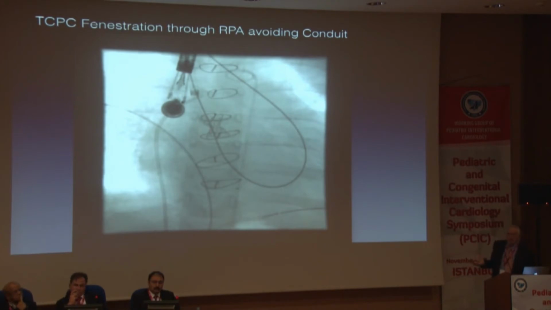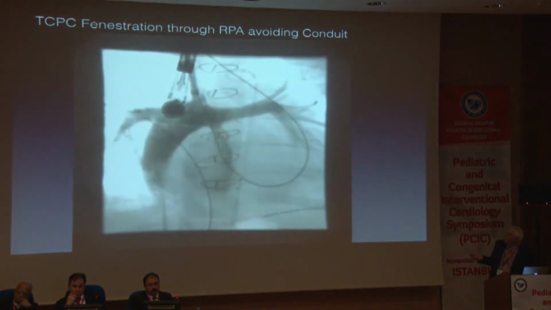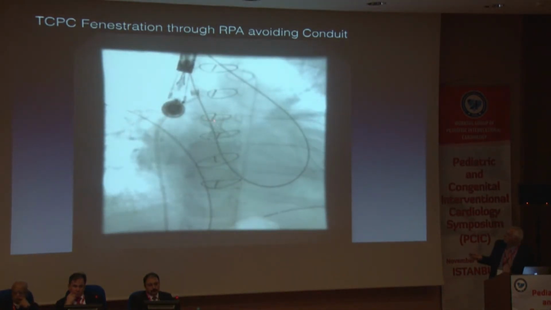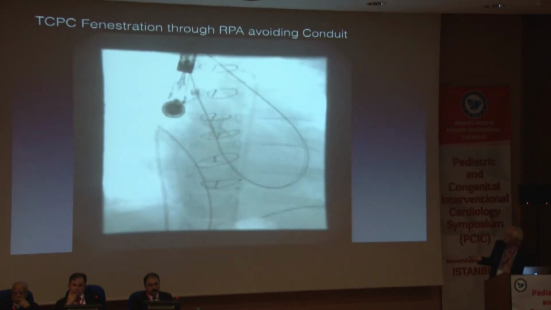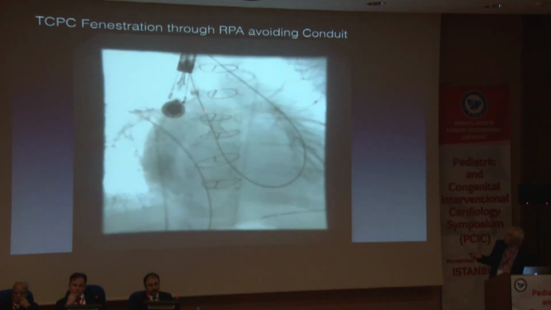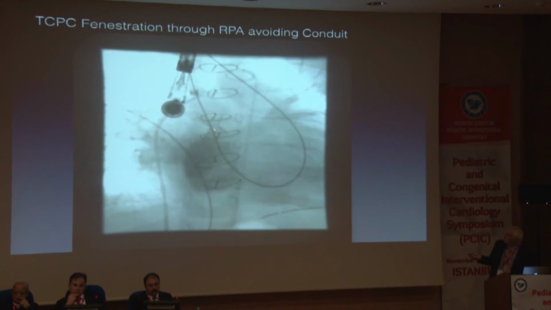Most of the patients with Fontan these days do have TCPC, and it is difficult to actually perforate the conduit, particularly because it's curved, it's smooth, and it's difficult to orientate your needle to the right place. So it's easy to get out of the conduit in the wrong place. So our preference is to actually go from the top, as in this case here. You've got direct contact between the right pulmonary artery and the atrial mass, and it's very easy to go from there to there with a transseptal needle, and then you can place a